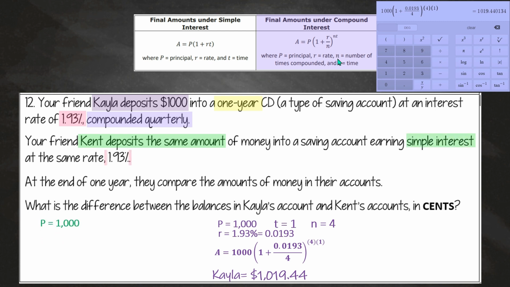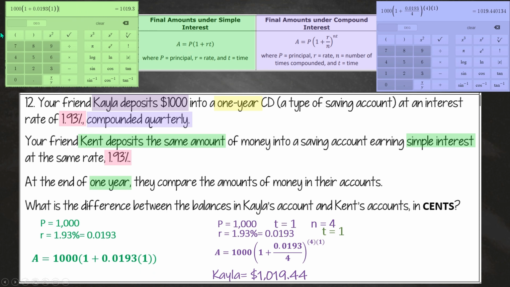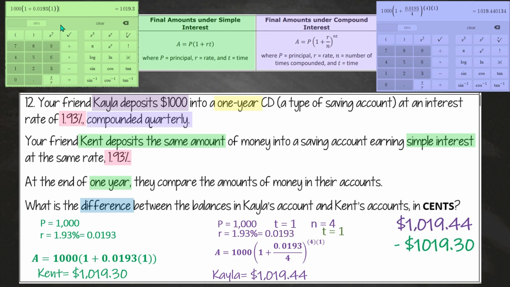Now I need to calculate how much Kent made in his savings account, which is a simple interest formula. In the simple interest, I'm going to use this formula. I no longer have an exponent. And when I plug that in, I get 1019.30. And then I have to take those two numbers and subtract them in order to get my final answer of 0.14. So only a